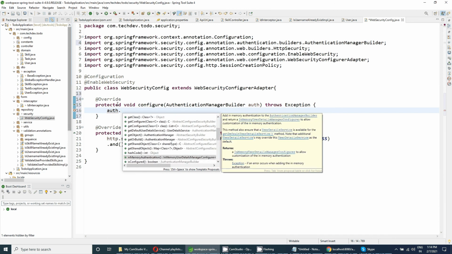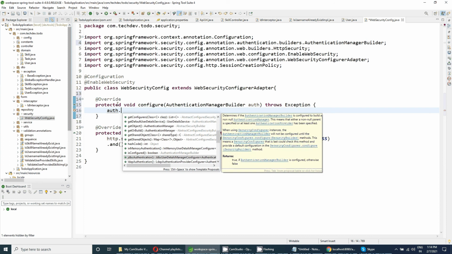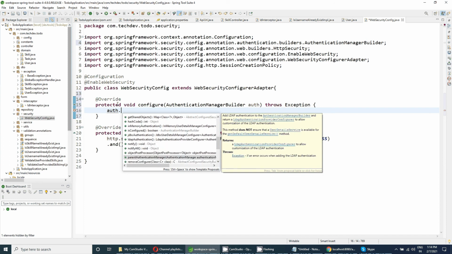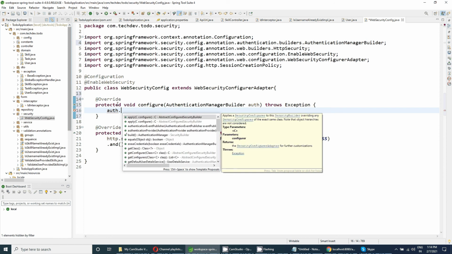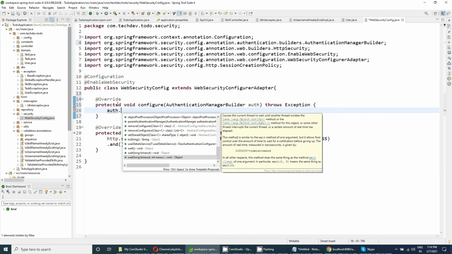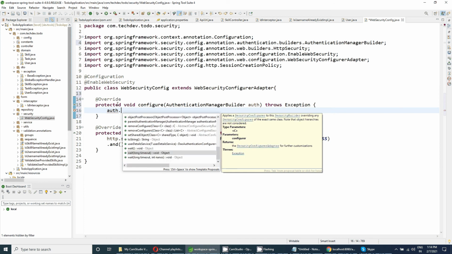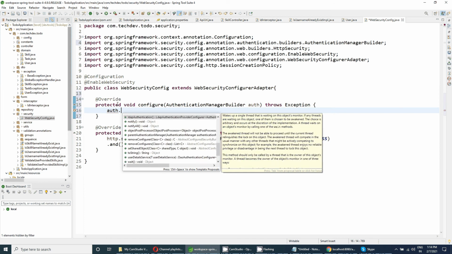So we have in-memory authentication, JDBC authentication and LDAP authentication, and these are the authentications which we can configure here according to our need, that is, how the authentication will be provided.